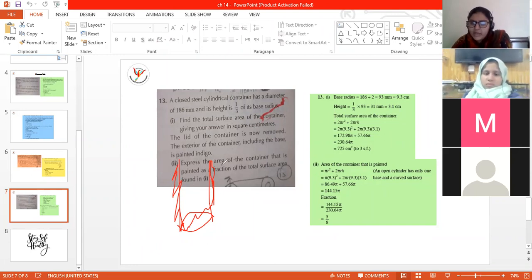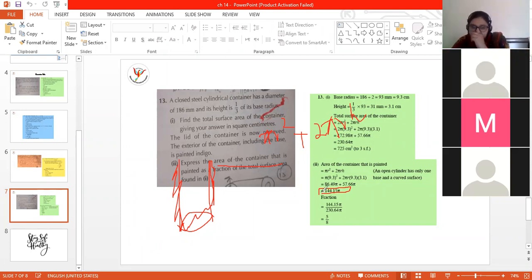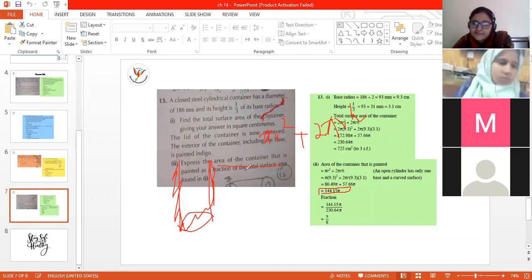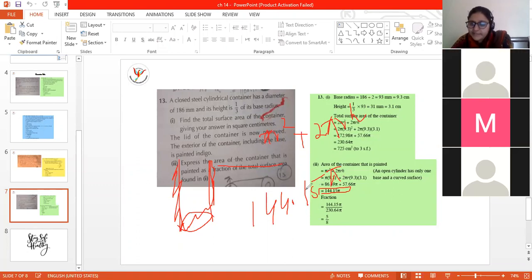He is saying, find the area of the container when the lid is removed. When the lid is removed, the area of the container will become pi r square plus 2 pi r h. Very clear? So the answer will be 144.15 pi. Now he is saying express the area of the container that is painted as a fraction of the total surface area, which was